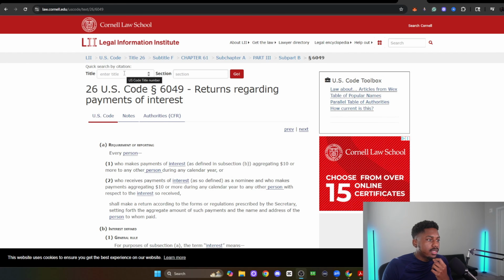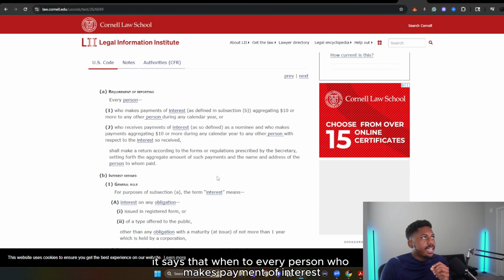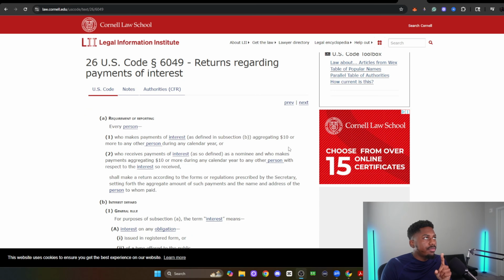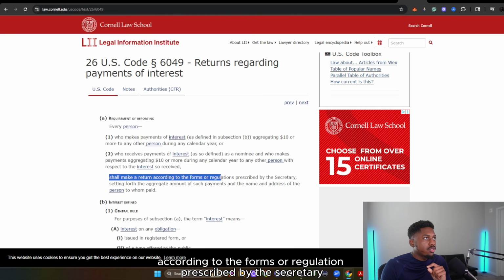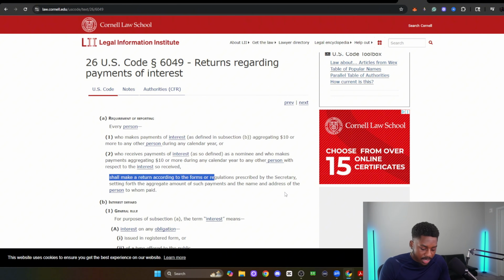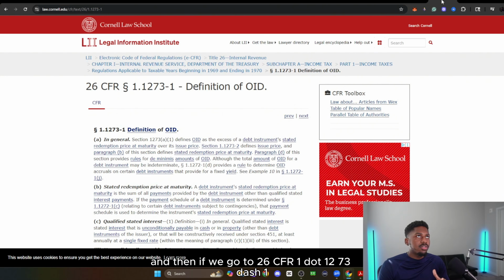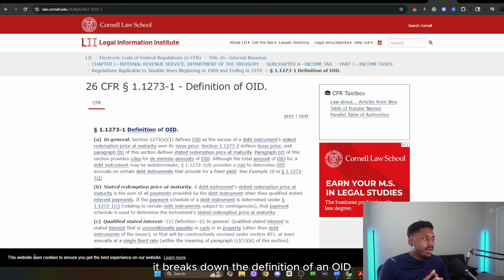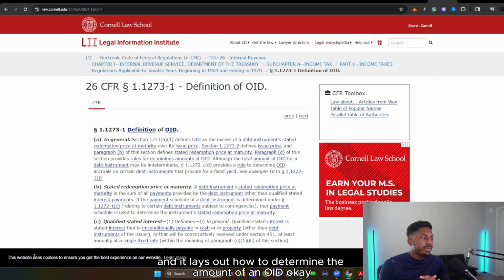Now, when you look at 26 USC 6049, it says that every person who makes payment of interest, who receives payments of interest, shall make a return according to the forms or regulations prescribed by the Secretary. So when you decide to get an interest payment, you must file it with the IRS. If they use the OID, they must file it. So the information is out there for the public. And then if we go to 26 CFR 1.1273-1, it breaks down a definition of an OID and lays out how to determine the amount of an